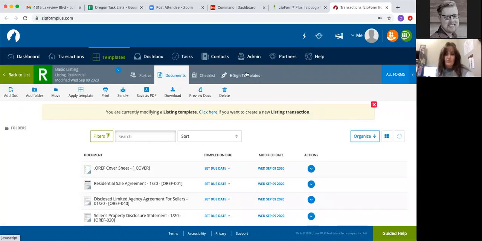eSign is great for property disclosures. I'm not going to probably teach you on that today, but just know that you can use that function to send property disclosures, which are 7 pages long, full of a ton of questions for your seller to actually digitally fill out. That's something that you are not allowed to help anybody